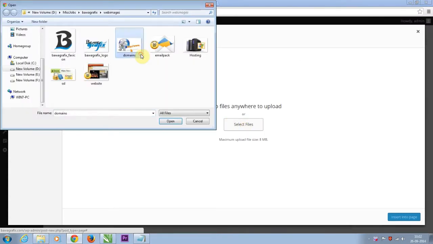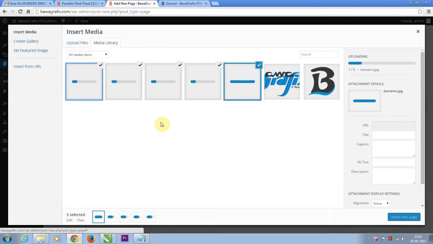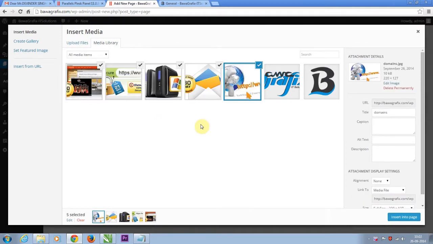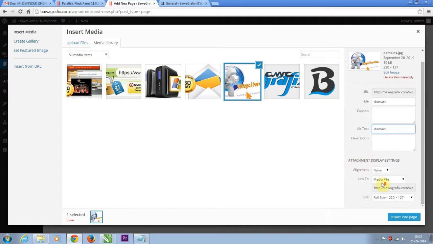I have selected all the images I want to add in the page, but they will be inserted one by one wherever required. You should make sure that the size of images is optimized, that is, small enough without compromising quality, so that your valuable resources such as hosting space and bandwidth are not overconsumed.